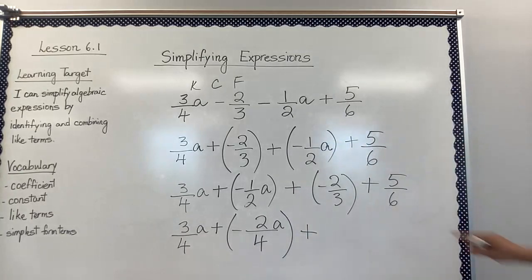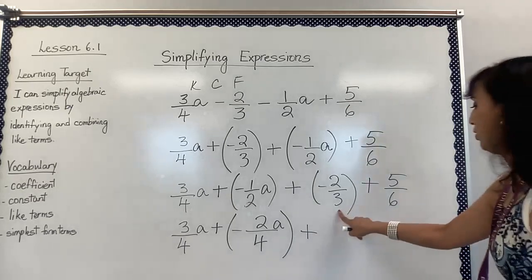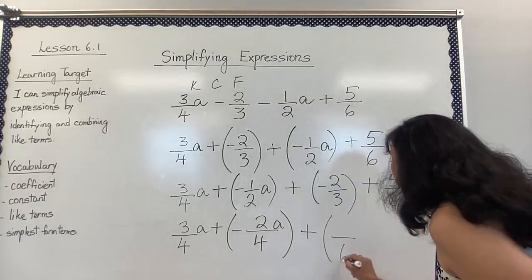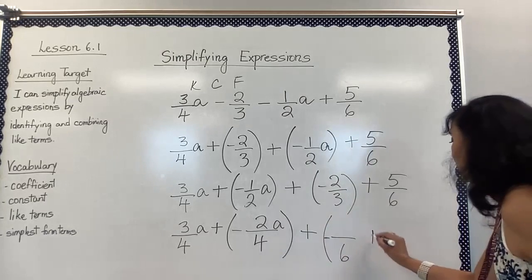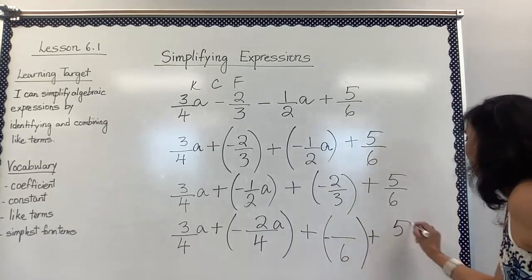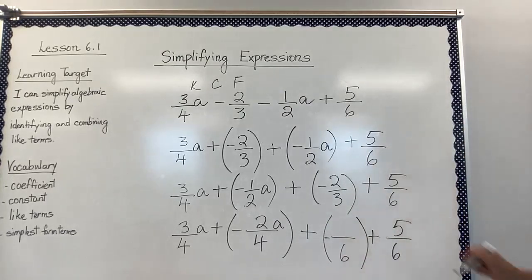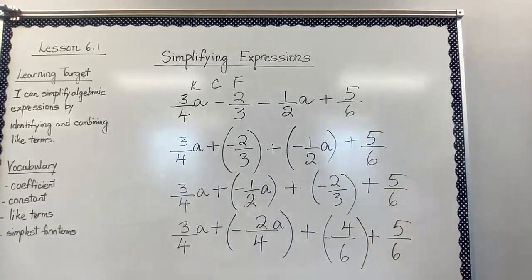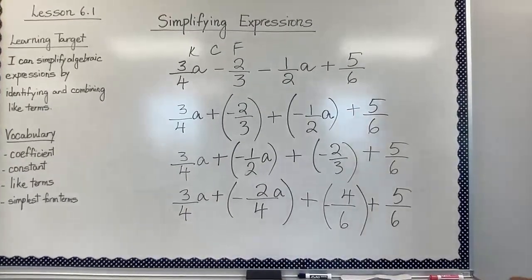Again, if I look at these two numbers, they do not have a common denominator. And so I am going to look at 3 and 6, and my common denominator is going to be 6. Plus, and I already have 5/6 here because times 1. So 3 times 2 is going to give me 6, so 2 times 2 is going to give me 4. All right. Now, once I have this set up like this, then it is very easy for me to add